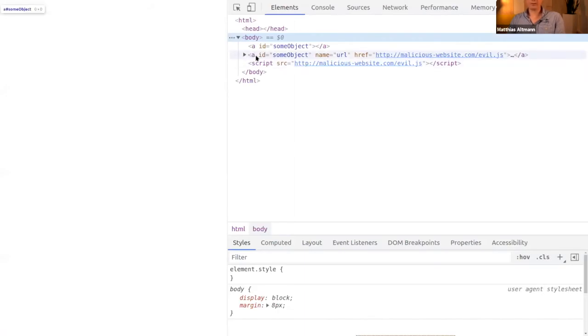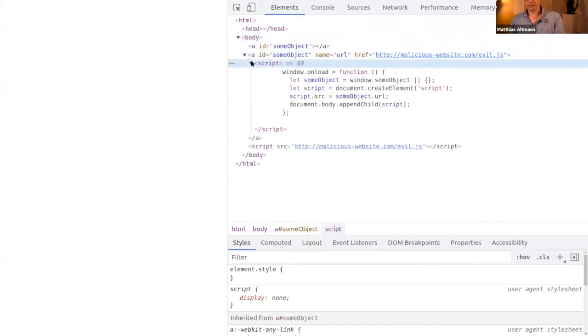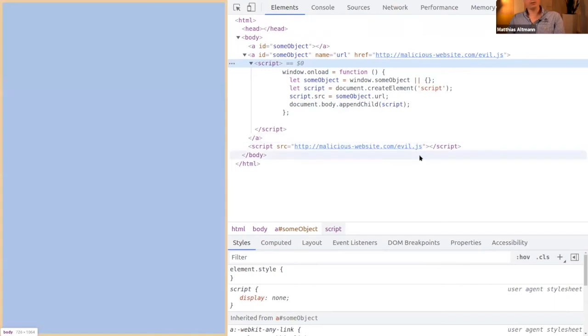Say we have a form where we can insert HTML, XSS is protected, everything is protected, but the anchor tag is whitelisted and the name attribute is whitelisted. At the end, we have the malicious website evil.js loaded at the end of the HTML page.